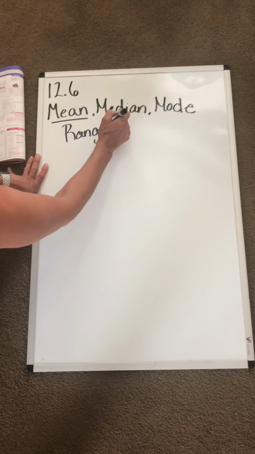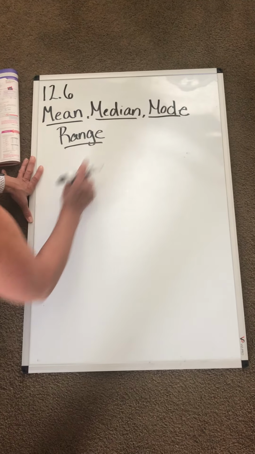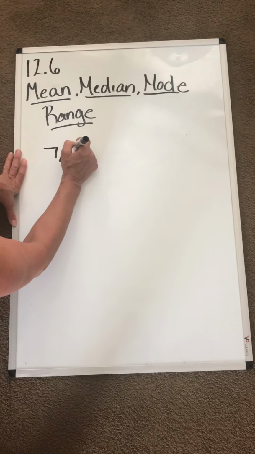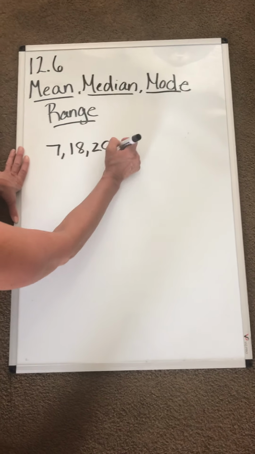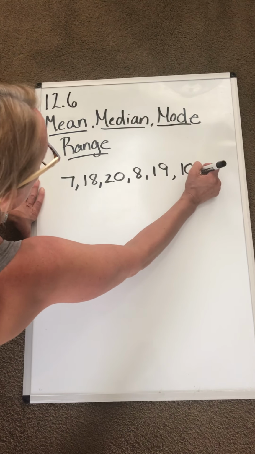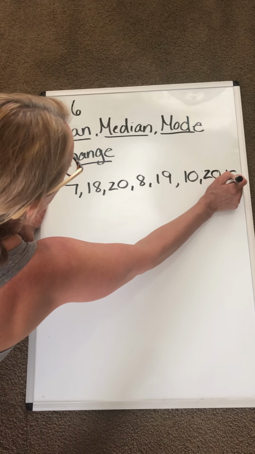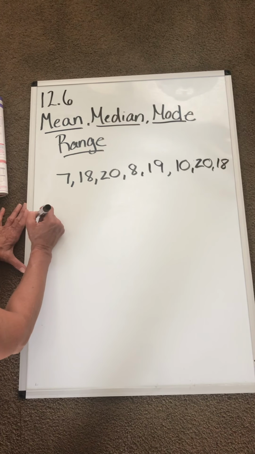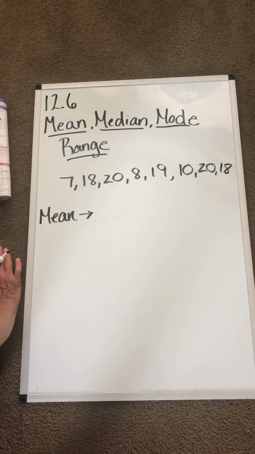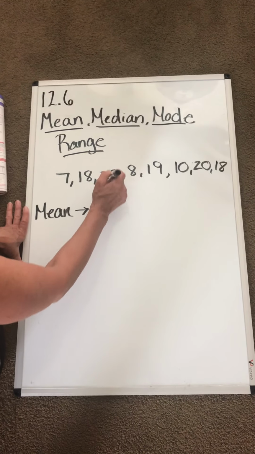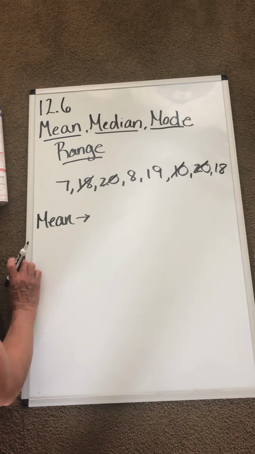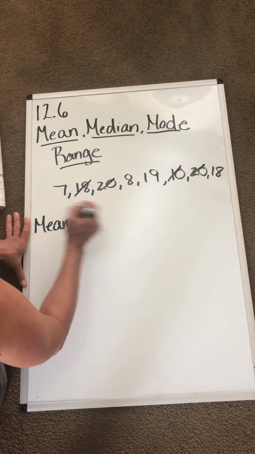So we are going to go ahead and do an example for each one of these. Okay? So the first example, we have 7, 18, 20, 8, 19, 10, 20, and 18. So the first thing we want to work through is the mean. So we want to add up all of these numbers, and you can do it however you want. I'm going to go 20, 40, 50, 68, and then I'm going to go from there. So I've got 68